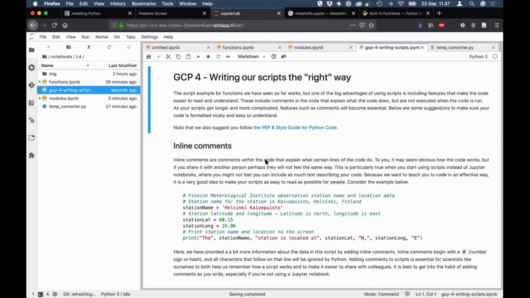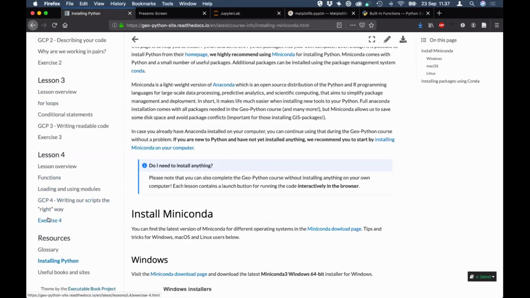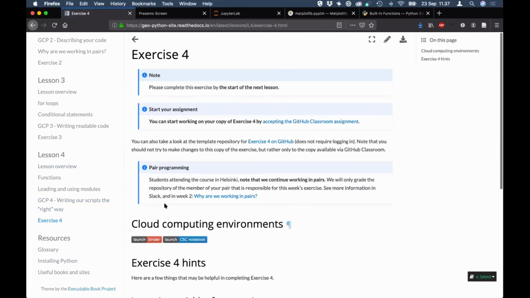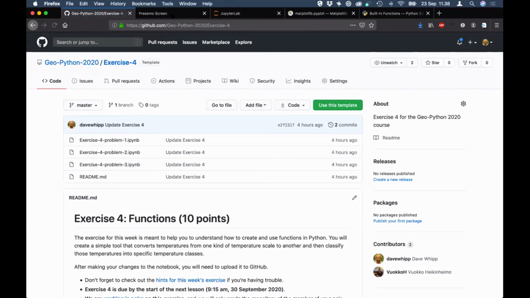So I think I'm going to already pass it back to you, Vuoko. Maybe I will let my screen be the screen that is still shared. I'll stop my video and then open up the exercise for today. I will mute myself in just a second. I guess it's okay to see the exercise on the GitHub version? Yeah, go for it. So do accept the GitHub Classroom assignment, get your personal copy, and I'll briefly explain